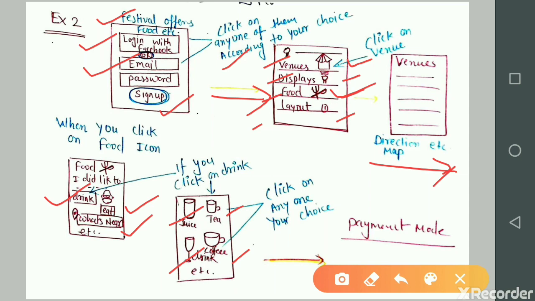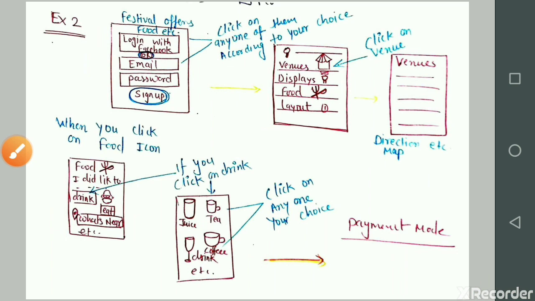And if you click on food, there are burger, chow mein, etc. There are so many things you can choose from. Some more options we have already clicked, and the choice is yours. And the last option is payment mode, and you all know about the payment system.